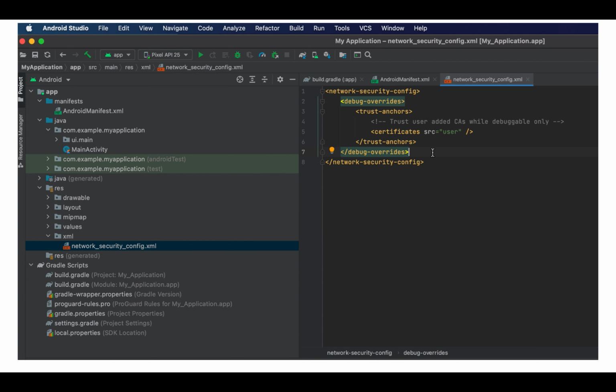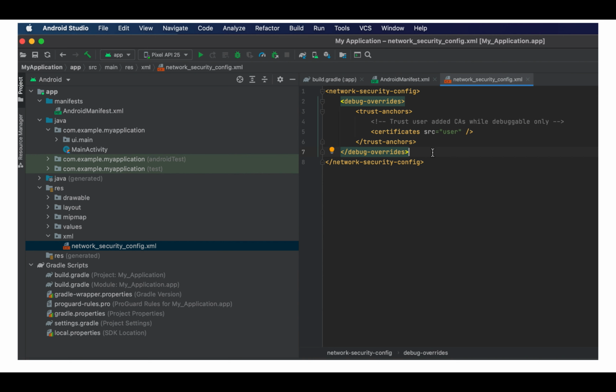That will be under debug overrides. As it is under debug overrides, although your code is in the main block, it will work only for the debug build. Similarly, we would only need to change debug overrides to something else to make it work for release build, but that is not recommended.